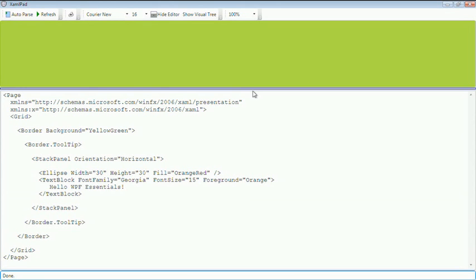So in this case, we're actually using a stack panel, an ellipse, and a text block to be the content for our tooltip. Now let's take a minute and actually look at the content of that tooltip which we've seen popping up. So that's a simple control, but it's actually really powerful because as you've noticed, you can actually put anything inside of a tooltip, and there are many, many applications for that. So that's the last content control that I wanted to look at. Now we're going to move on to items controls. So let's go ahead and close out of this,